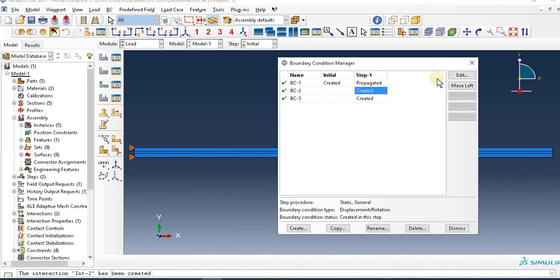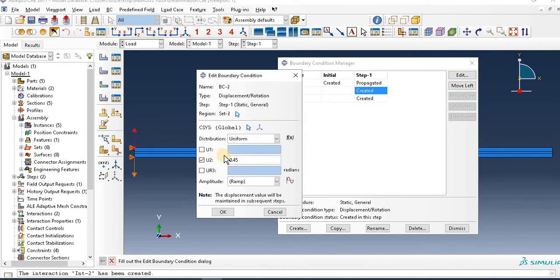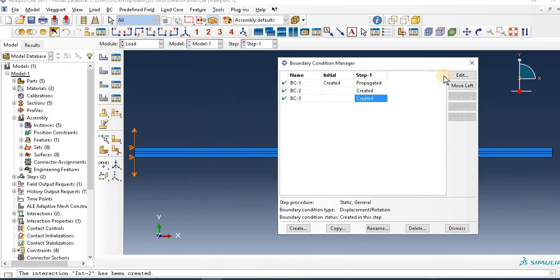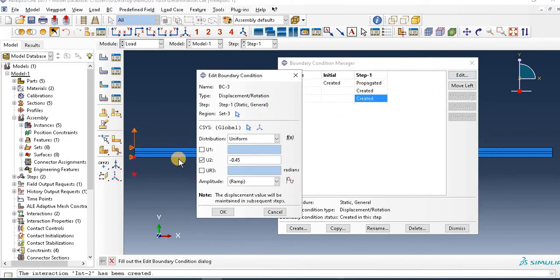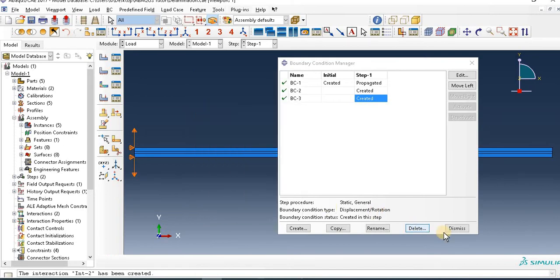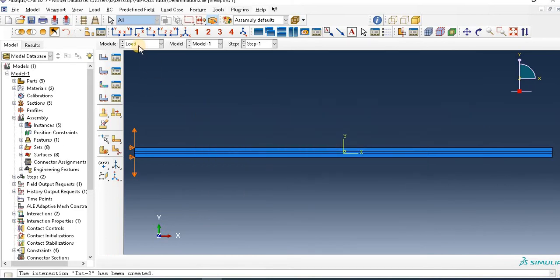So in boundary condition 2, if you select this point and upward, we have 0.45 vertical displacement in Y direction, and this point magnitude equal to this one, 0.45 downward. Okay,